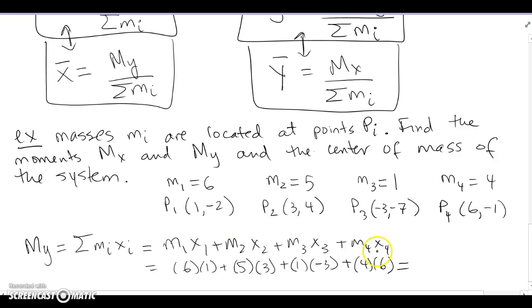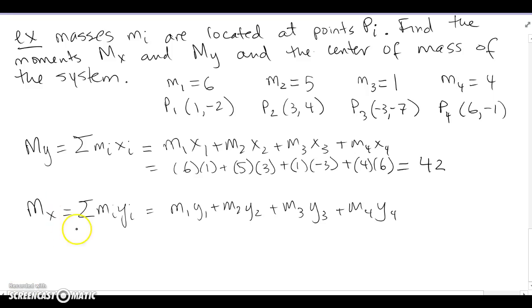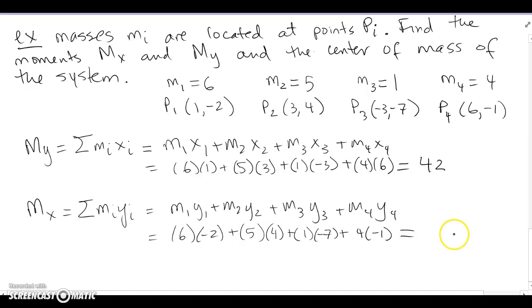So we open up our sum, take the product of the x-coordinates, the signed distance, and the mass, and we get 42 for the moment about the y-axis. For the moment about the x-axis, again, it's the mass and its tendency to rotate about the x-axis, so it is 1 unit away from it. We open up our sum and plug in accordingly. Put in the masses and the y-coordinates, and we end up with